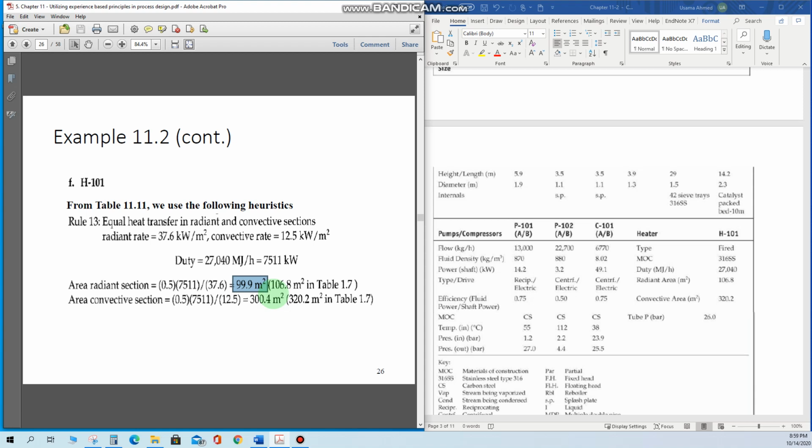Okay, and similarly you can use some of the other equipment, and you have to see the heuristics, and then you can find out the values from the heuristics and compare with the actual results and see how much is the